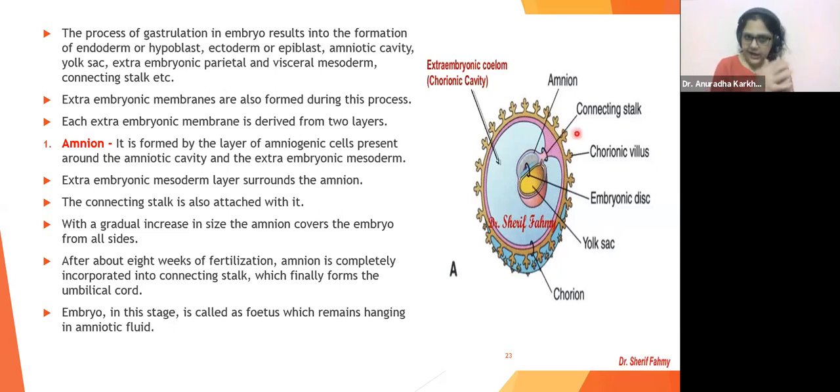तो जहां कनेक्टिंग लिंक है ना, अपना कनेक्टिंग स्टॉक है ना, कनेक्टिंग स्टॉक के इधर के सिर्फ विलाई प्रेजेंट रहेंगे, बाकी के ये सारा पेरिफेरी है ना, it will become smooth. Understood how it is happening? So all these are going to become smooth eventually, completely smooth. And only here in this zone, wherever there is connecting stalk present, only in this area there will be the presence of the chorionic villi. Is it okay for this?